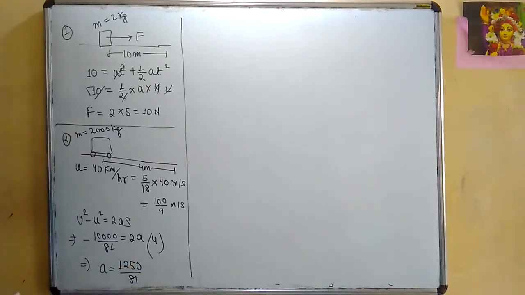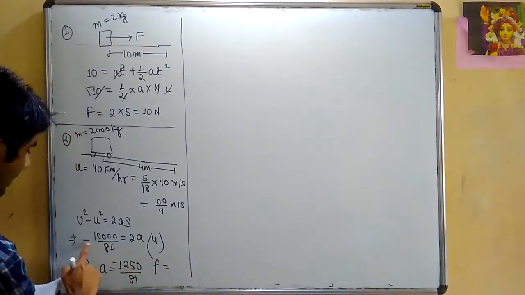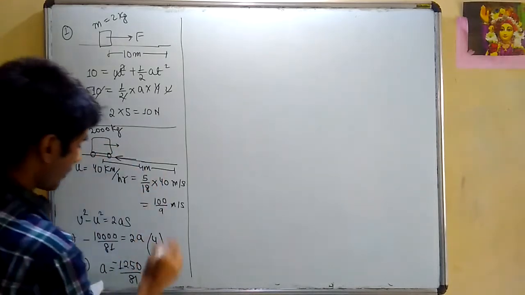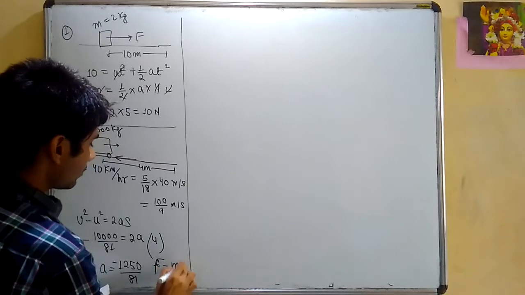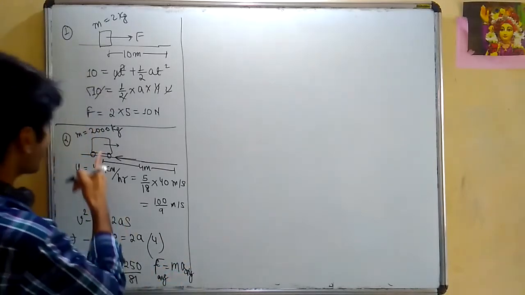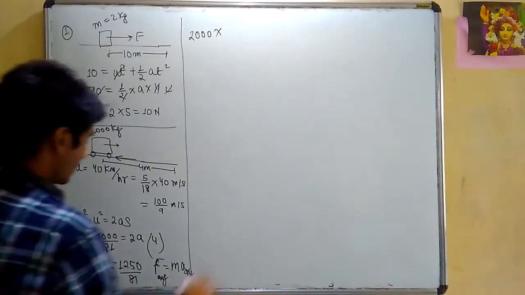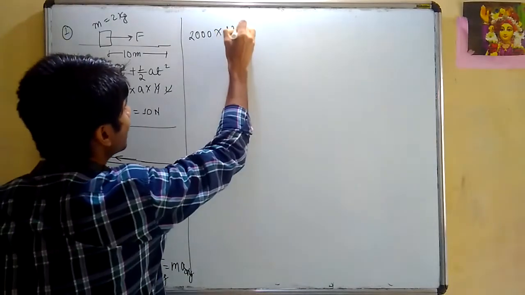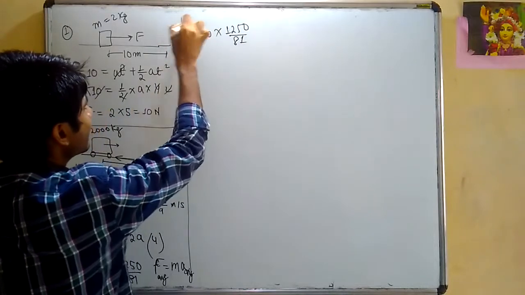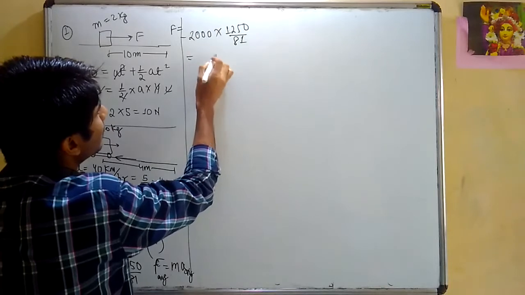This is the acceleration. And if you want to find out the force, what will be the force? Of course, acceleration will be negative and the minus sign goes to show car was going in this direction and force is being applied in this direction to stop it. So average force is mass into average acceleration. Mass is 2000 kg. So 2000 multiplied by acceleration 1250 by 81, and force will be negative, signifies that it is acting in the backward direction. So if you solve it, hopefully you'll get the answer.